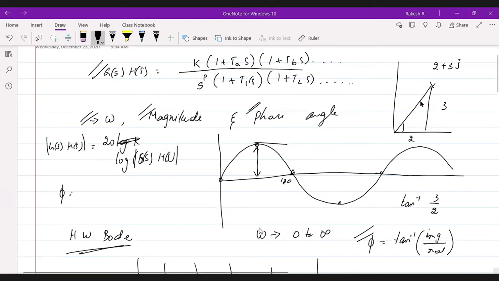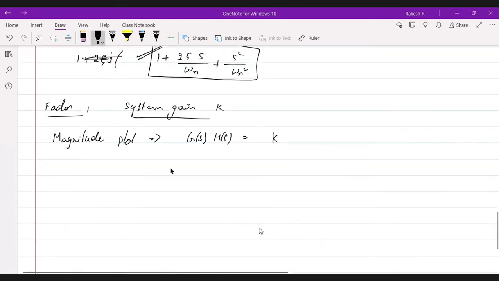Right, now we shall go with the same thing. First, we need to do it for the magnitude k. Here for the magnitude k, I'll write this as k plus j into 0. This is because whenever s is there, you need to convert it from the s domain to the frequency domain, so this becomes g of j omega into h of j omega. This doesn't have any s term, so directly you can write the constant value, that is system gain k, as only k, and here we don't have any imaginary part. I have taken this as j0.